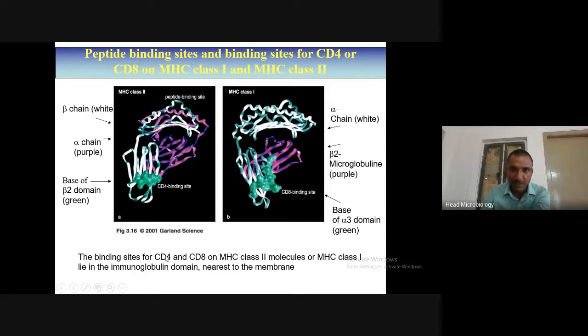Here in MHC2, CD4 binds on the MHC2, and MHC1 binds the CD8 binding site in the immunoglobulin